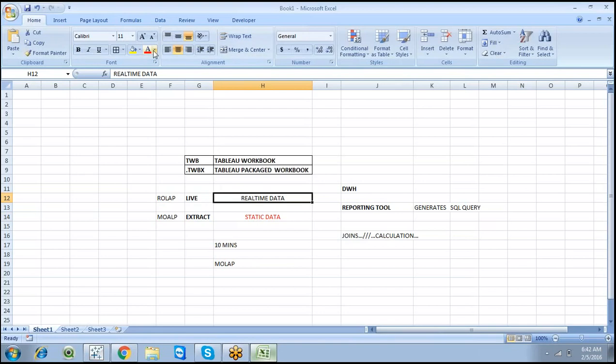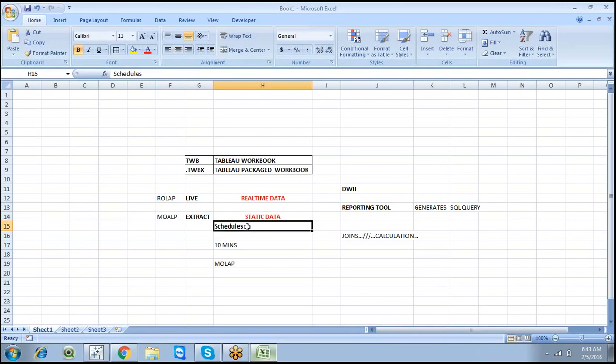But if you want to make use of real-time data, normally on the server side we have an option where you can use schedules or subscriptions. Just remember, this is a very important point. We can schedule this particular extraction for 15 minutes.